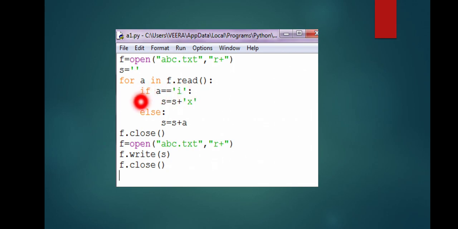And if the character is I, there is a string variable that I have created. In that string variable I have written X, right? In place of I have written X. But if the character is not I, then whatever is read will be appended to the string.